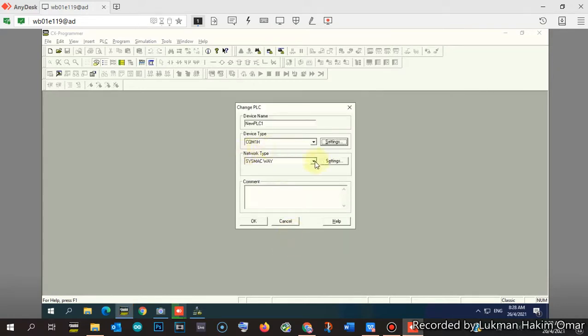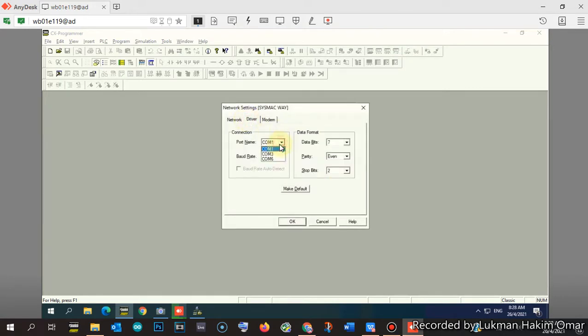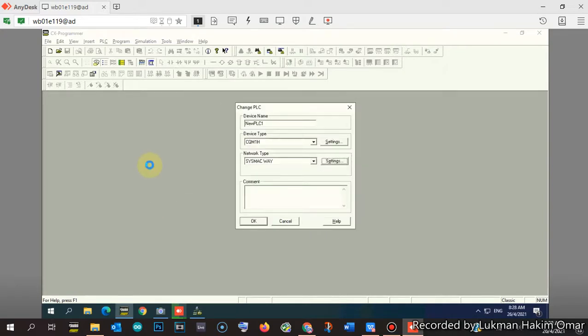For the network type, this is always NetLink, and for the COM port, for the master we already used COM6, and for the slave, of course, it should be COM3. Select OK. It is a little bit laggy, I don't know, maybe because of the network. So the configuration of the slave PLC is done, and then you press OK.